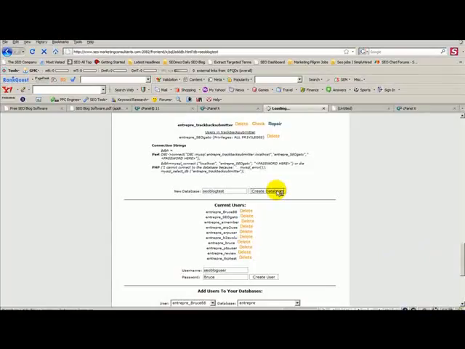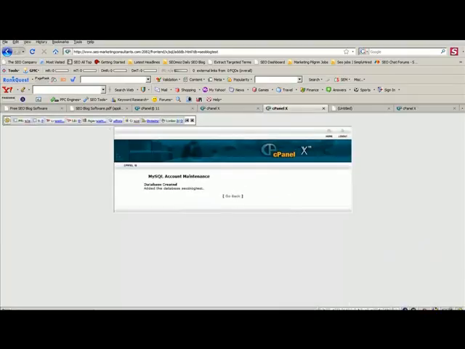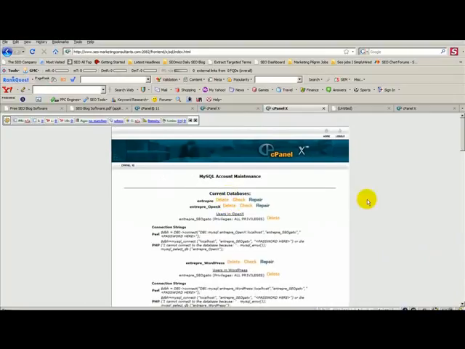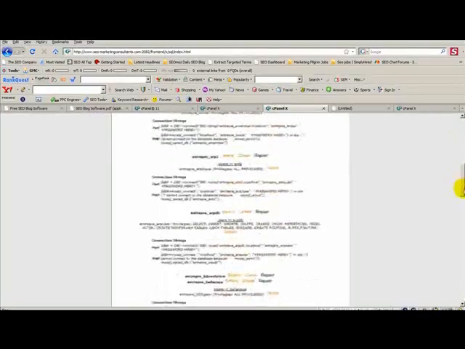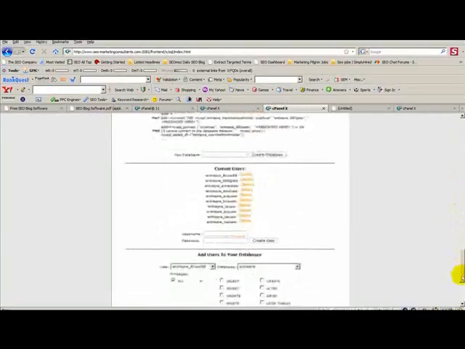It's my SEO blog test where I create the database, and that takes just a little bit for that to happen. Sometimes it's faster than that, and so then I go back to where I was, and then I go back down to the